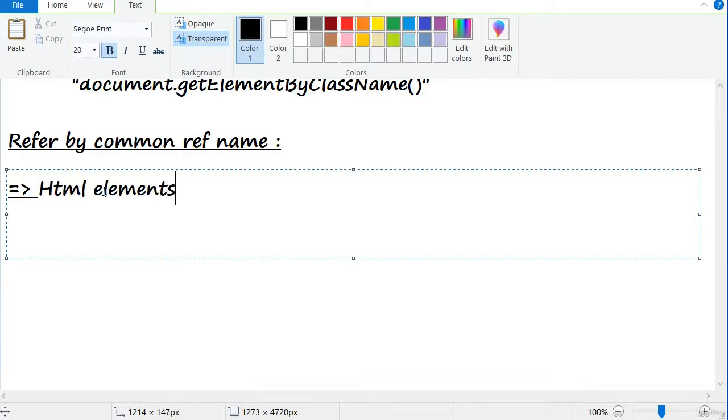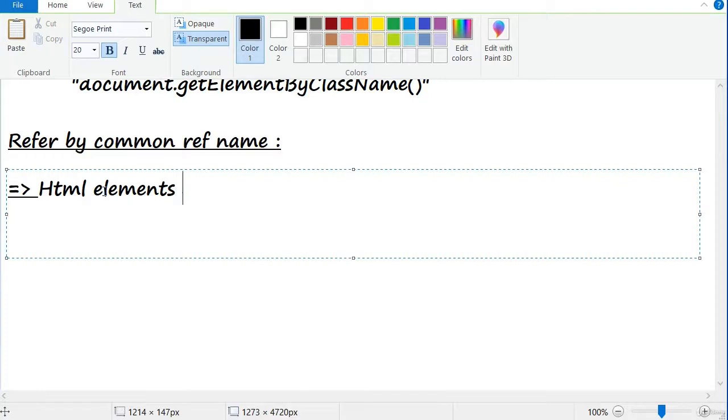HTML elements can use a common reference name. A common name enables access to all elements with one reference. JavaScript can access the elements with a common name by using a predefined function called document.getElementsByName. By using this predefined method, we can use HTML elements. We will see a real world example after making a note on this.